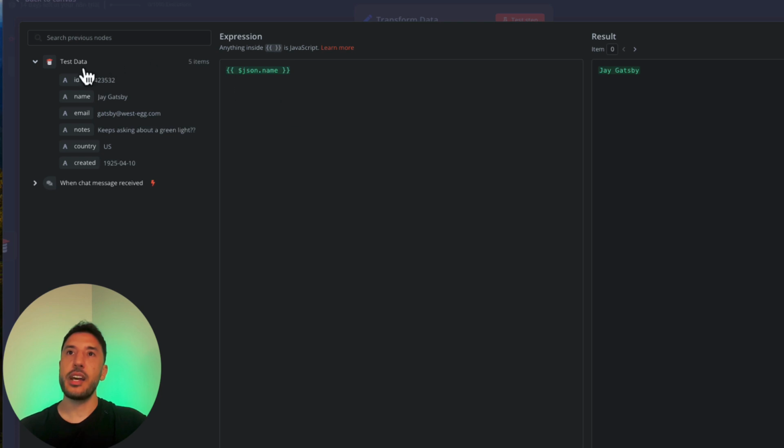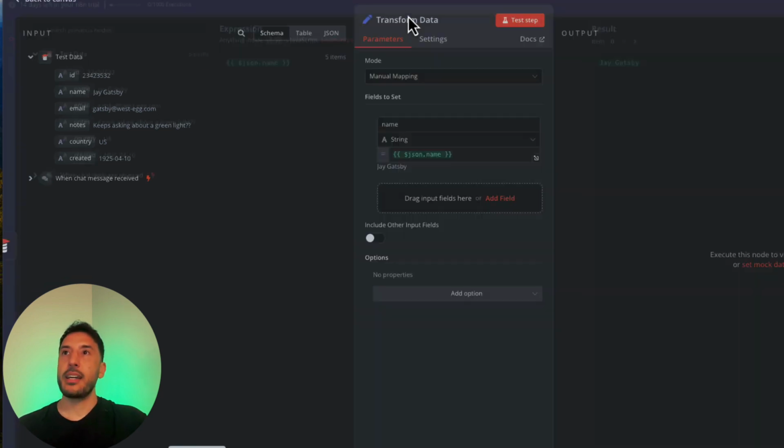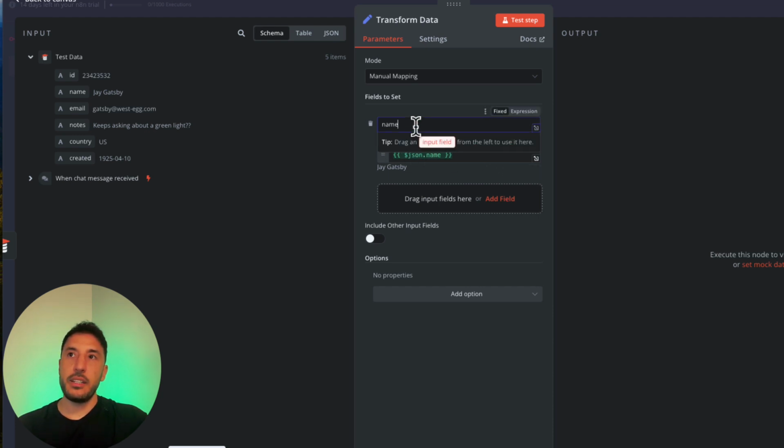And as you can see on the left hand side, these are all the data that's coming in. This is my JSON, so I can always drag different stuff here, and this will show me the data in a JSON view, and then on the right hand side it will show me the result of what that looks like. And you can always manipulate it from here. But I'm going to get rid of this for now, and let's go back to our node view here. So I can name this particular data that's coming in, right? So let's go ahead and say full name.